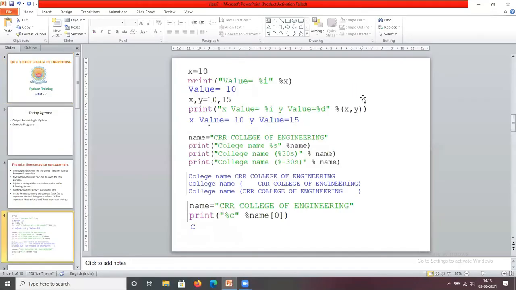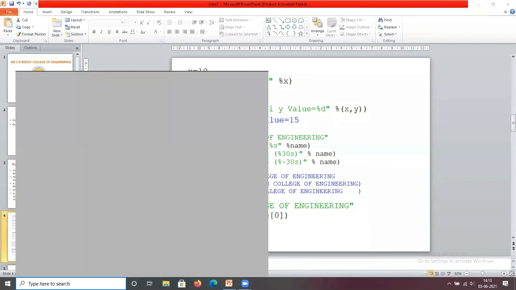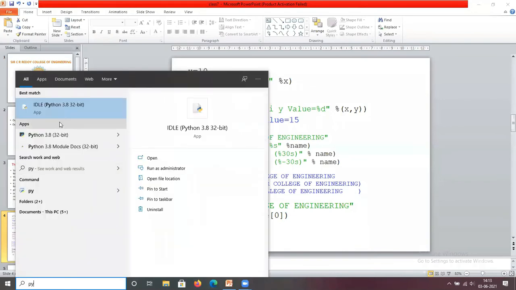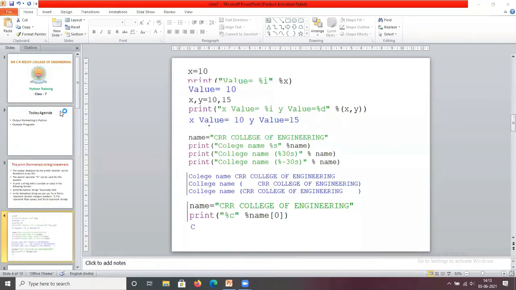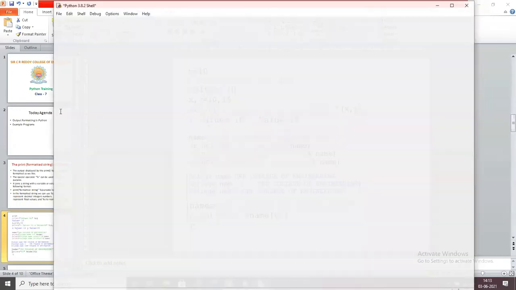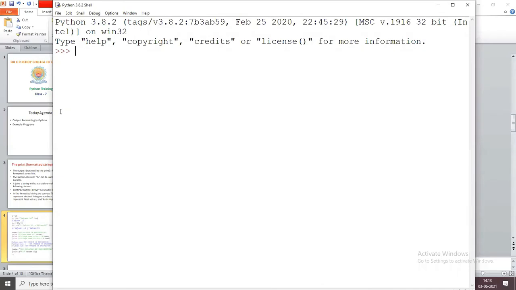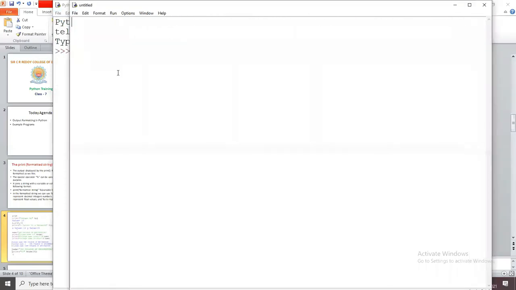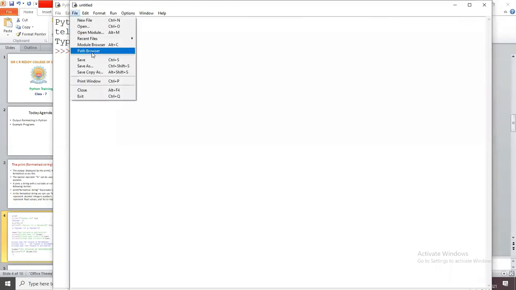So these are the examples. See practically. Save the file.